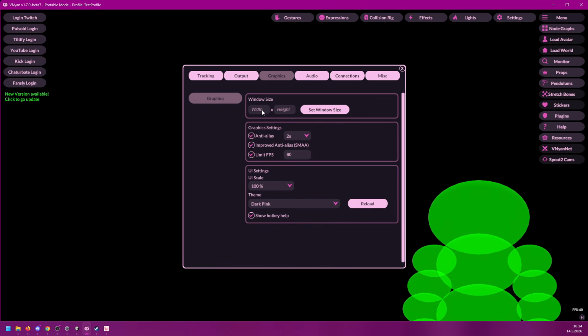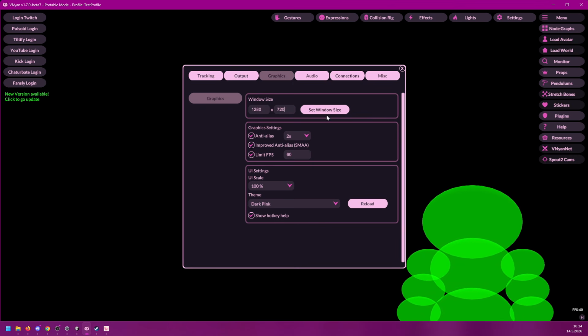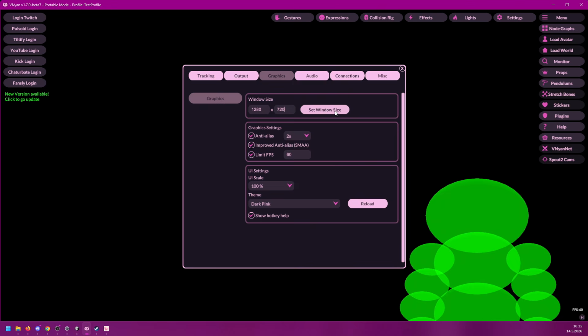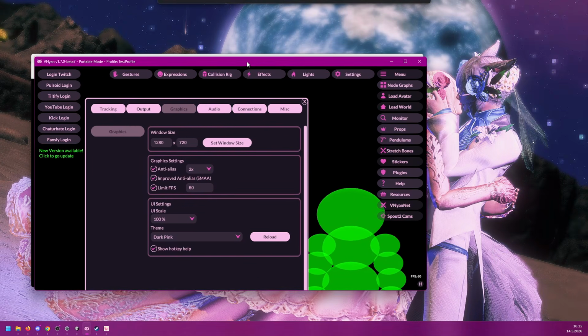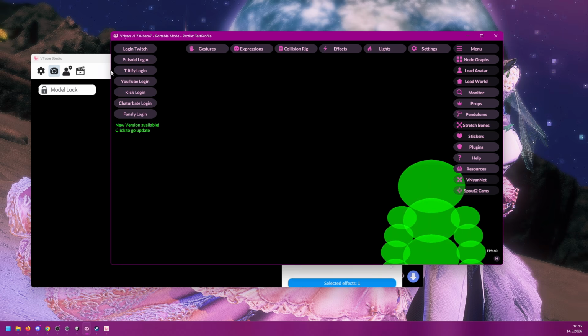You simply enter the same numbers here as you have in VTube Studio, and then click the set window size. This will set VNyan to the exact same size. Now the next thing is that obviously you need to overlay VNyan's graphic on top of VTube Studio, and this